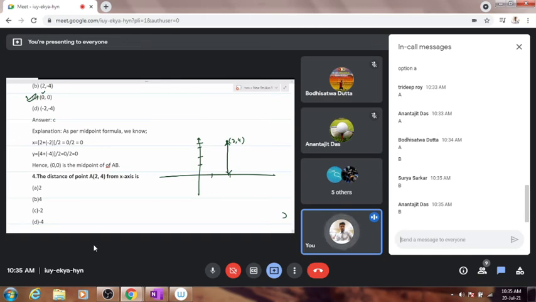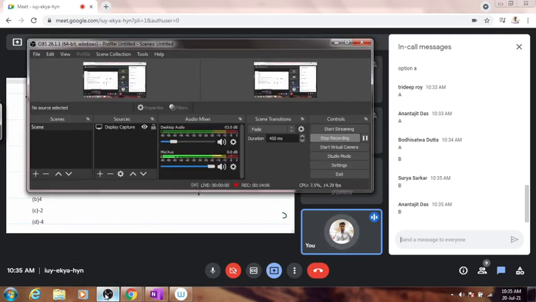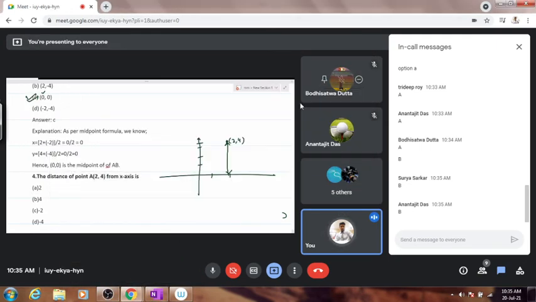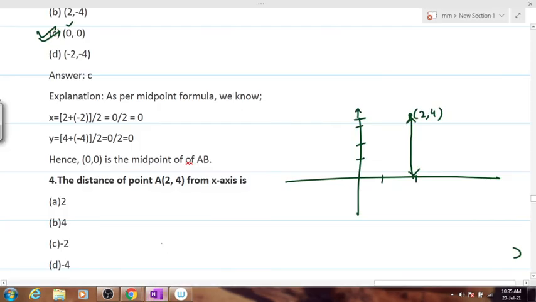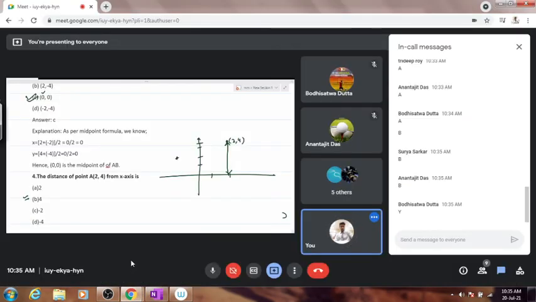Did everybody understand where did you go wrong? When I gave you a hint that majority of the class will go wrong, people are answering 2, 2, 2. Did everybody understand? Confirm yes or no. Option B is the correct answer. I would want you to copy this figure also, so that the figure gets embedded in your brains. Draw this figure and let me know if you are good to go to the next numerical.